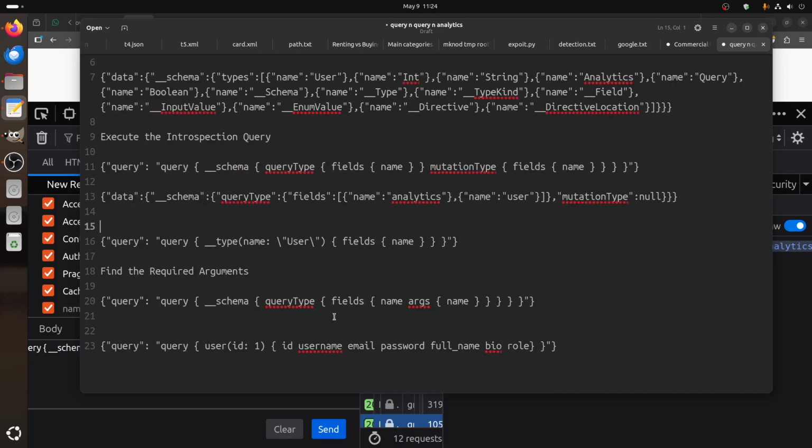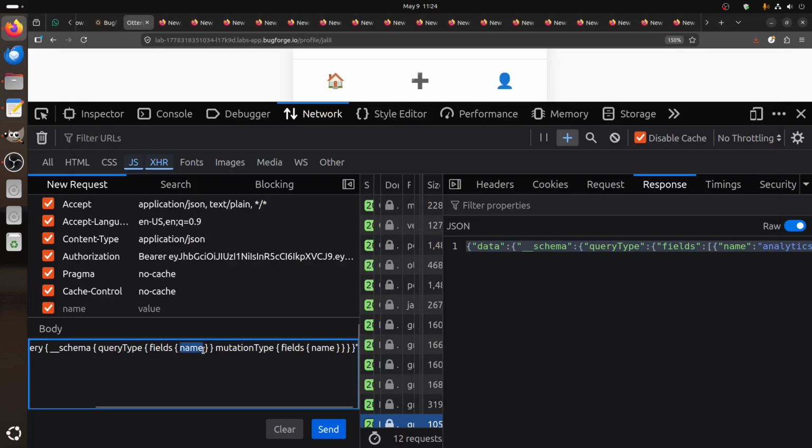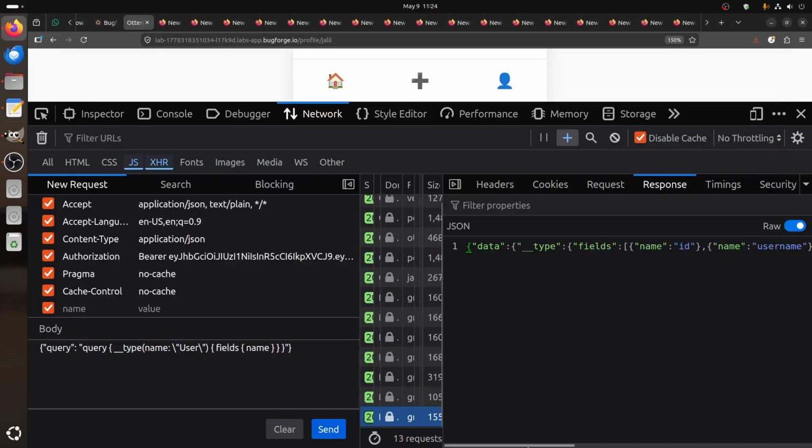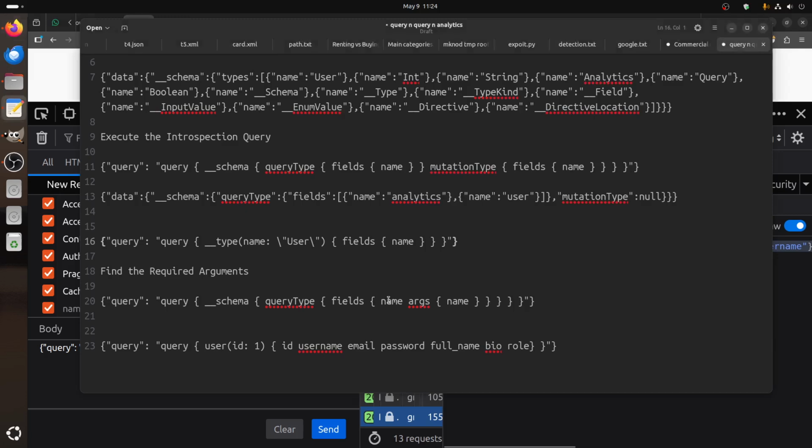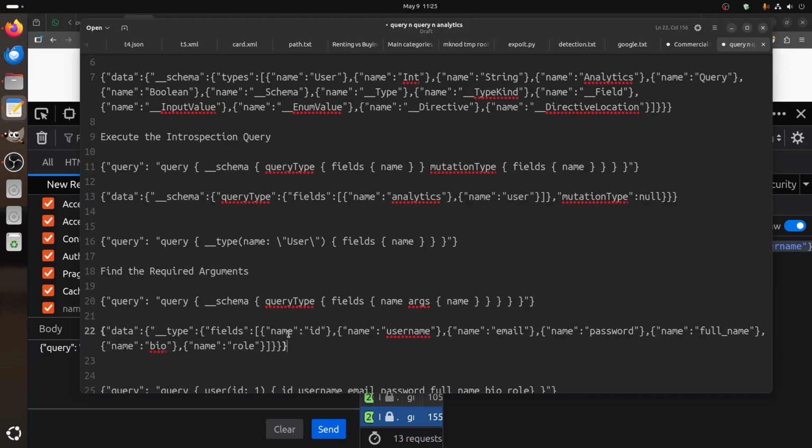Yeah. So for the table user, I need to know what exactly it asks for. So if I come here and look for table user, and look for what table user needs, for example in the response, it gives me the full